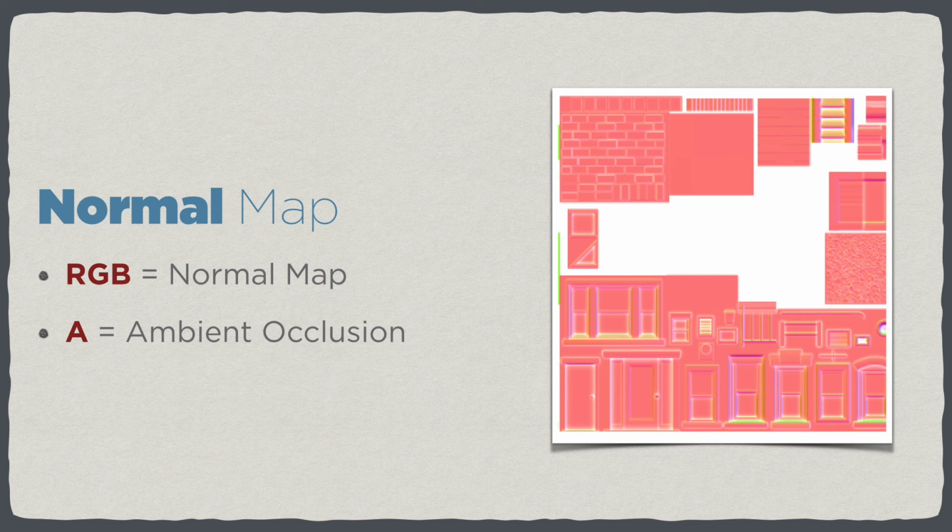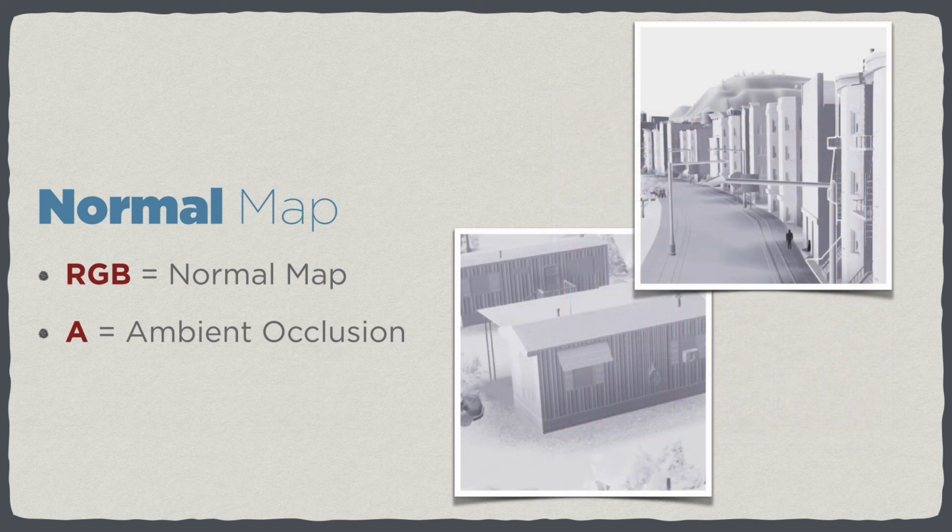Now you can't see the ambient occlusion layer in the normal map, but if you were to peek inside the alpha channel of the normal map image in Photoshop, it would be there. And you can see some examples of the ambient occlusion effect isolated in some screenshots from the game here. These images might also be a mix of the ambient occlusion and the game shadows effects, but you can still make out what is the AO and what isn't. You can actually see the ambient occlusion by itself whenever you enable the data maps in the game.